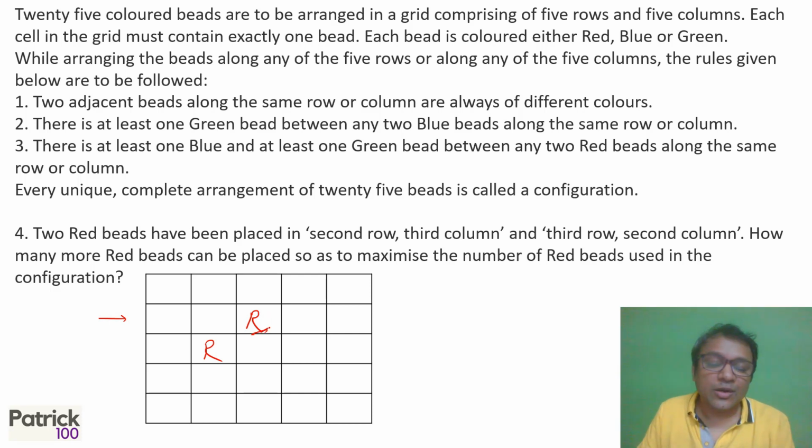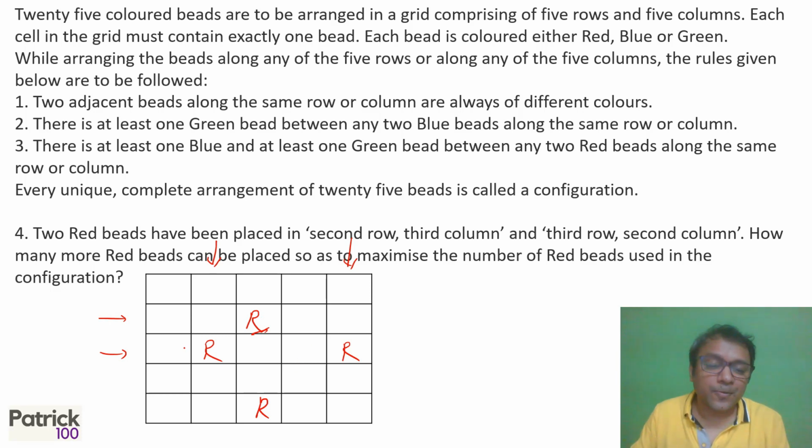So if there is red out here, or you can look at either second row or you can look at third row. Third row, red can be here. The next earliest red can be here. Two reds out here, right? If I look at a column, the second column and the fourth column will have only one red, one red. Moment you have red in between, you can't have red up, you can't have red down, because there should be at least two elements in between. So second and fifth column will have only one red. All the other columns can have two reds. So I can have two reds out here, right?